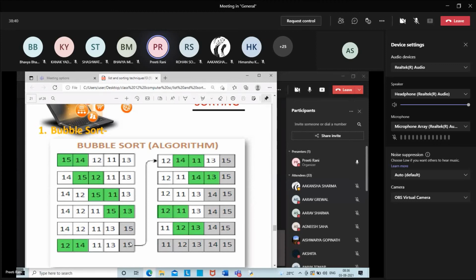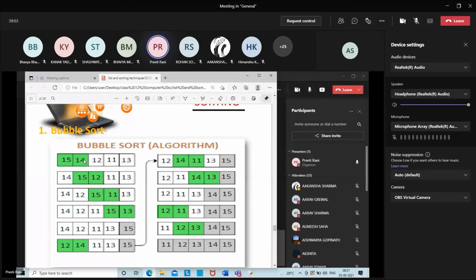According to bubble sort, what will be the algorithm? Let's say the values 15, 14, 12, 11 and 13 are given. As per the algorithm of bubble sort, it will check two numbers.